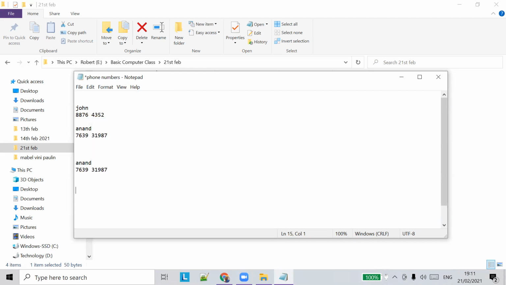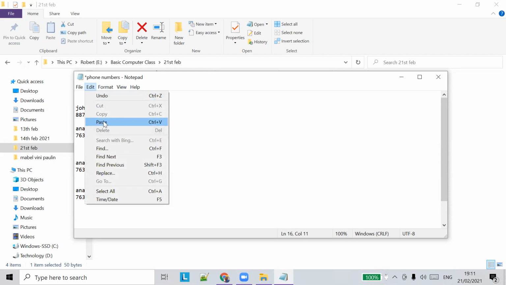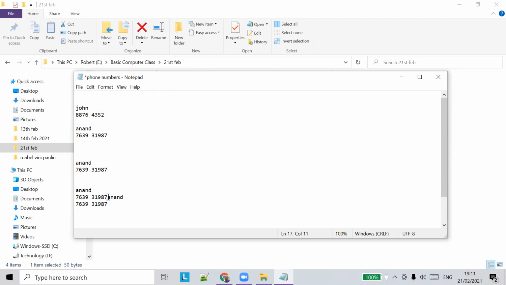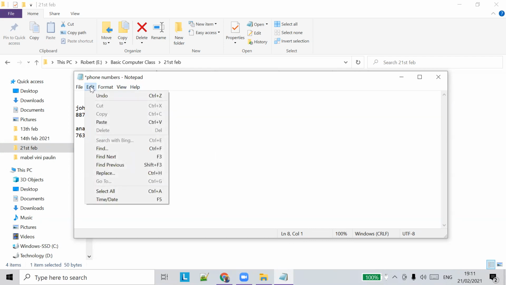If you want to, you can paste it multiple times. You do paste again, you will have multiple numbers there. You can do it as many times as you want. Because the content is in the clipboard, whenever you copy something, the content will always be saved in the clipboard, and from the clipboard it will be pasted to some other location when you use that option. Okay, so that's the thing.